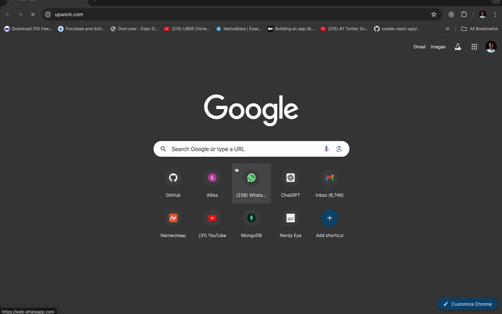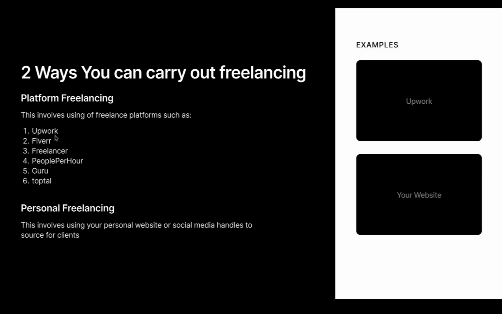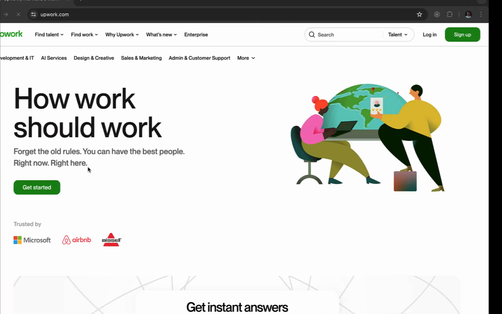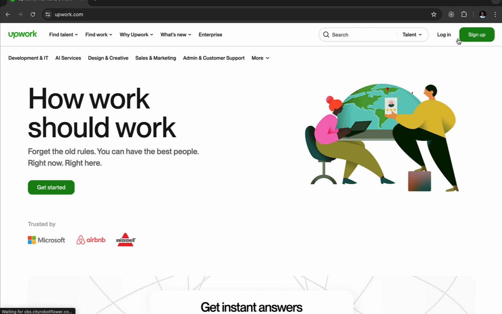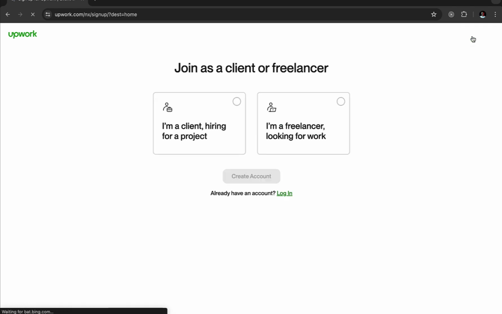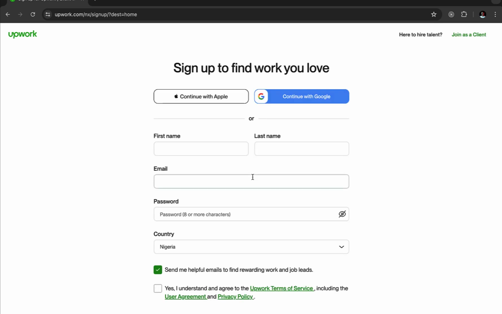Now, as you guys can see right here on the slide, it is not just only Upwork you can use. You can use Fiverr, you can use Freelancer, you can use People Per Hour, you can use Guru. But for the sake of this particular video, I'm going to be using Upwork, right? So just go on upwork.com, you click on sign up. So once you click on sign up, it's going to ask you to join as a client or as a freelancer. For you, you want to join as a freelancer, right? So I'm going to click join as a freelancer and I'm going to click apply as a freelancer, and it's